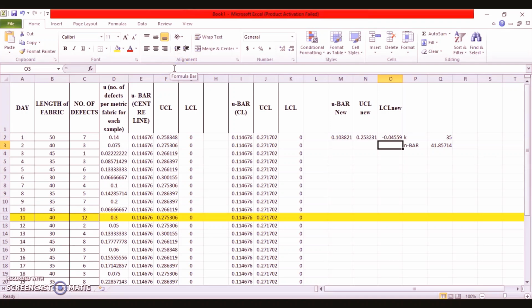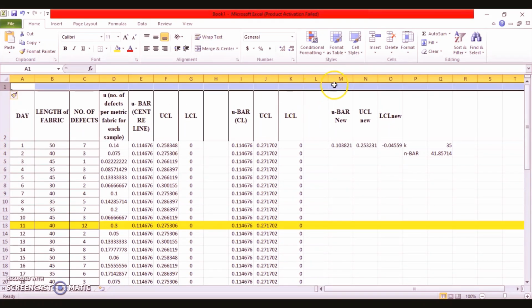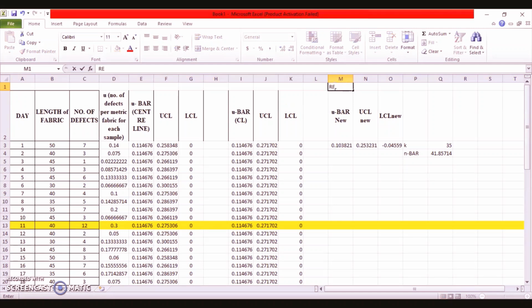So this way we were able to prepare the new control limits, and if we can write here the revised control limits, right? So basically what we did, we prepared revised control limits.